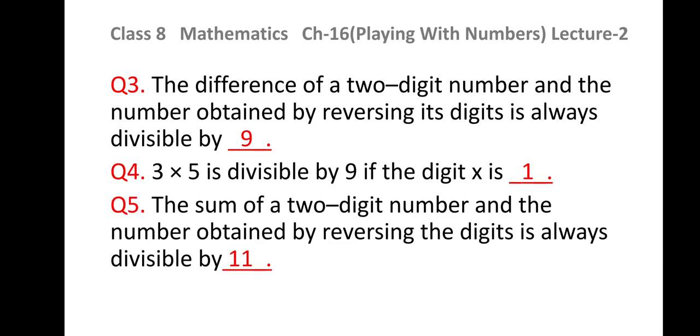Question number 5 is, the sum of a two-digit number and the number obtained by reversing its digits is always divisible by 11. We have learnt this in the previous lecture and revised it in this lecture. So directly use the results or the points which I told you in the note part, wherever I have written a note in the slides. Those results are to be used directly, and we have understood them with the help of the examples. So if you do not remember the results, just go through the examples first, and then you will be able to understand how we are concluding those points. It will be very much clear to you after that.